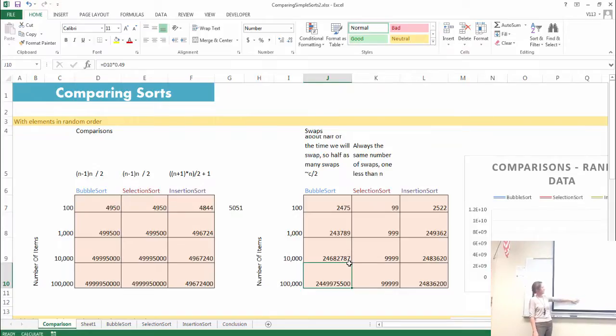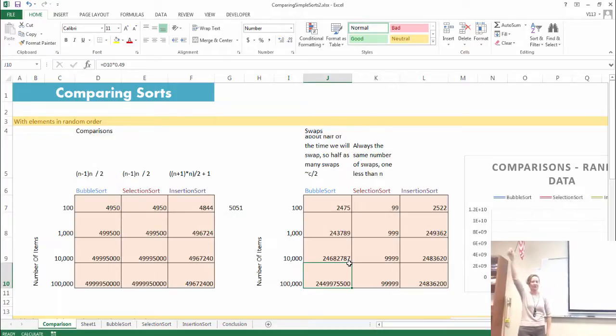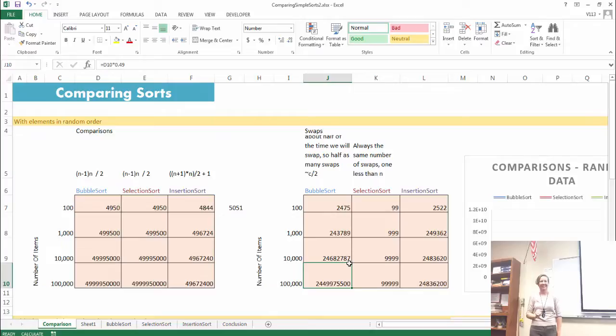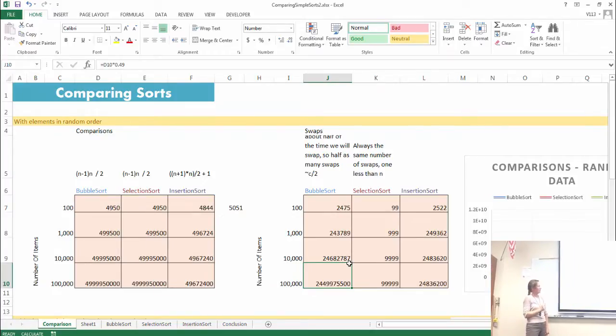Because this is something that you should know. These simple sorts are something you're expected to know. They really are simple, okay? You should be able to code them, actually, just by, hey, I can just code this on the board. They're not that complex, okay? You just remember that they're all kind of similar, okay?